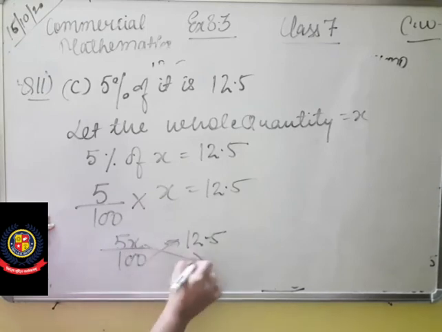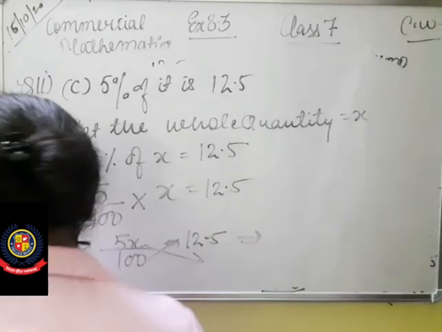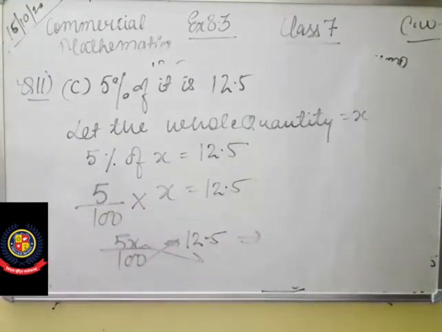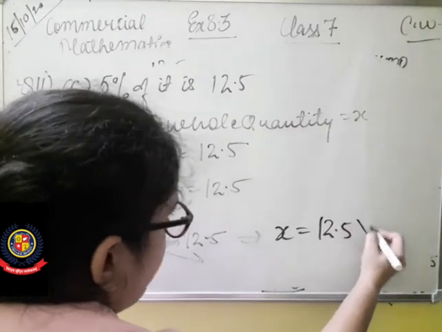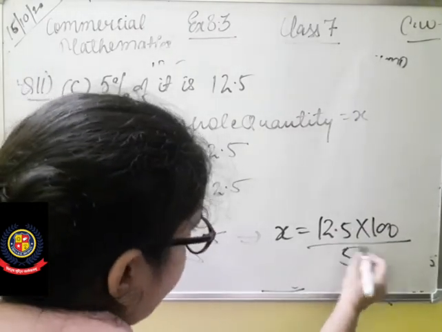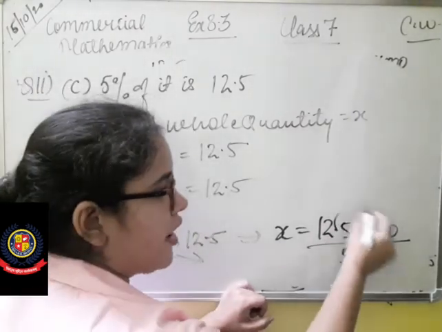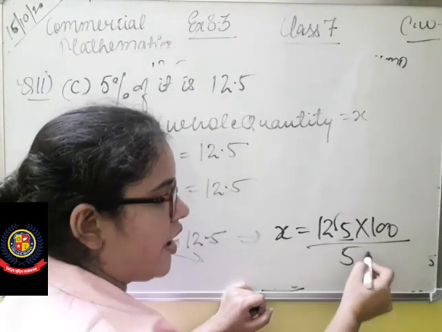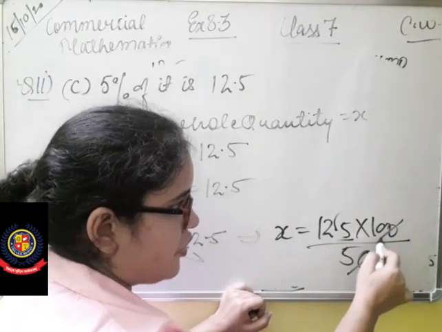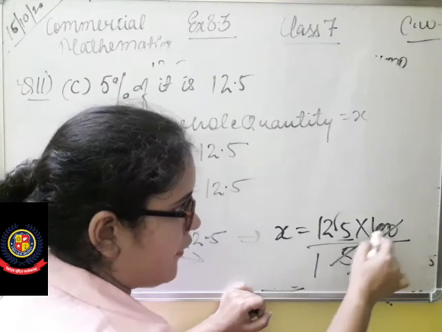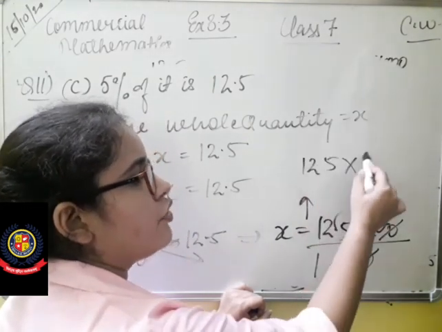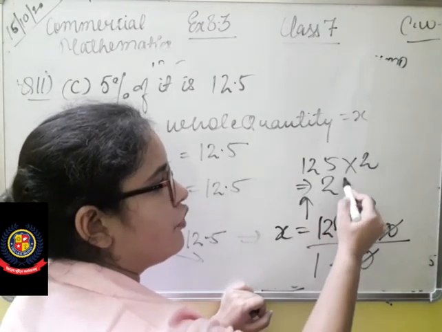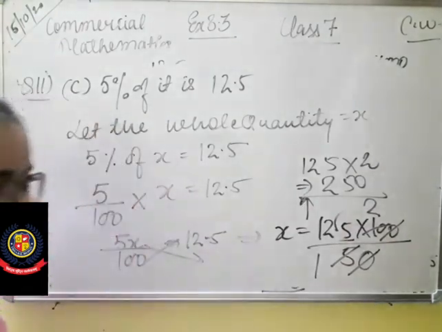सिंपल क्रॉस मल्टीप्लाई कर दो। सो आंसर क्या होगा? x तो अपने प्लेस पर ही रहेगा, x में कोई चेंज नहीं होगा। सो आंसर विल बी x, यू विल रिमेन, 12.5 into 100 upon 5. So now remove this point. After point 1 digit is there. So write a 0. 0 से 0 कैंसिल आउट होगी. 5 1जा 5, 5 2जा 10. सो अगर आप यहाँ मल्टीप्लाई करोगे 125 इंटू 2 करोगे तो आपको क्या मिलेगा 250. सो 250 इज द आंसर.